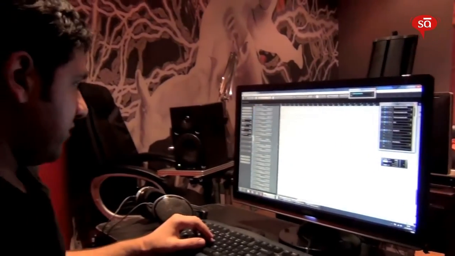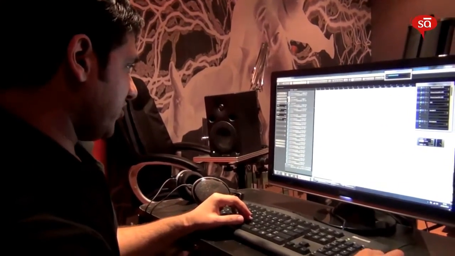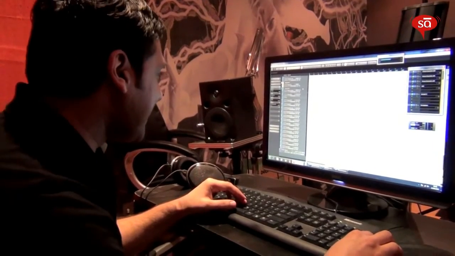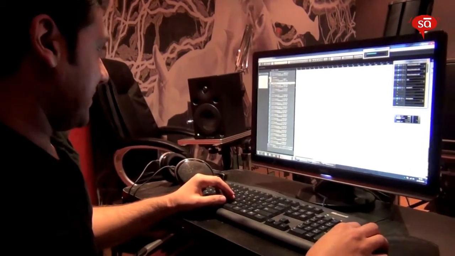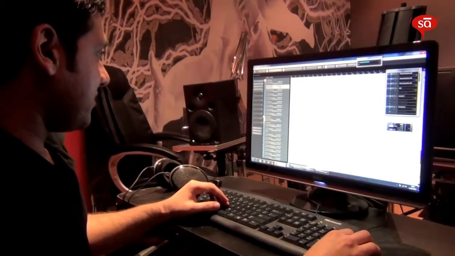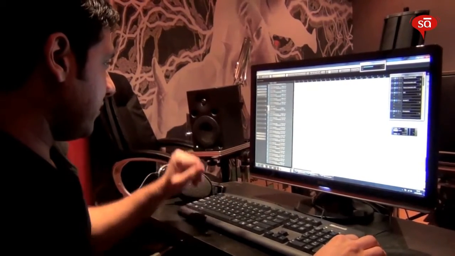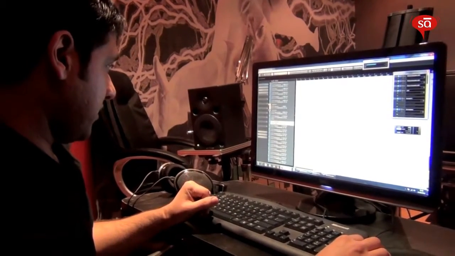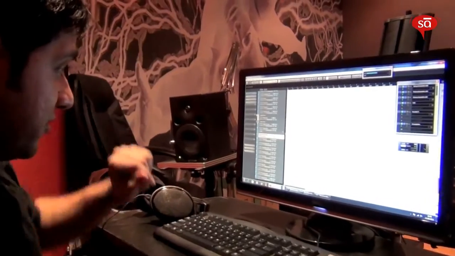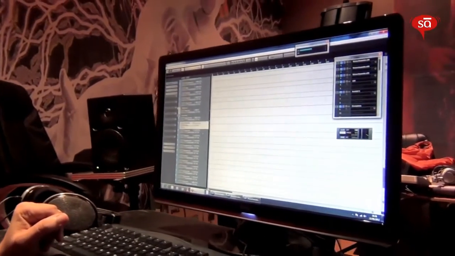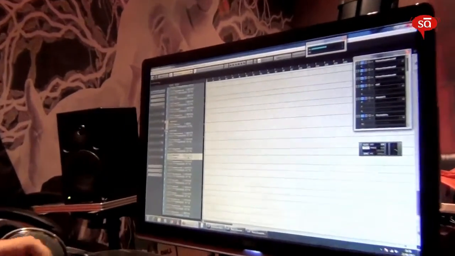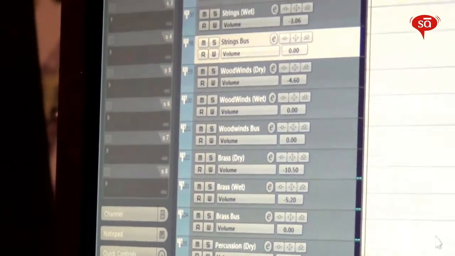From here it'll go into what I call my on the fly mixing setup here. So basically from the strings ER and LR, the combined signal will go into strings wet. The dry signal from the original track will go into strings dry, and the combined signal of dry and wet will go into strings bass. So why do I do this complicated setup? It is to have